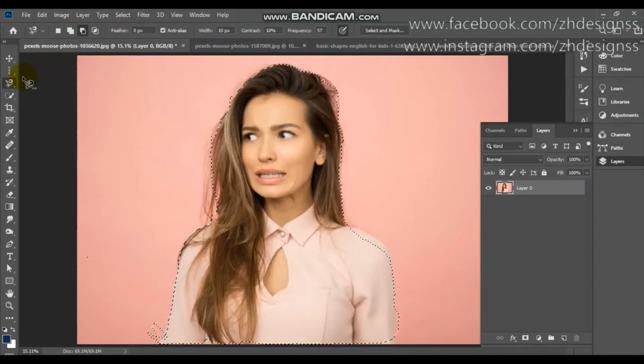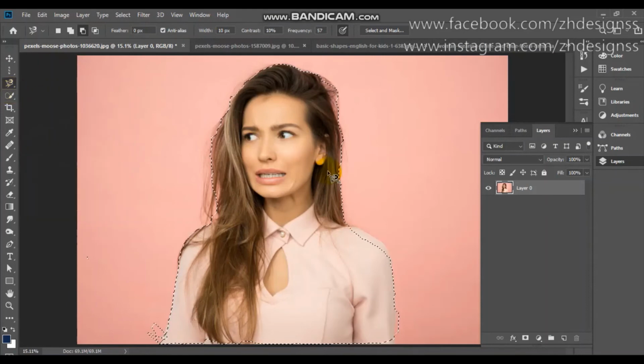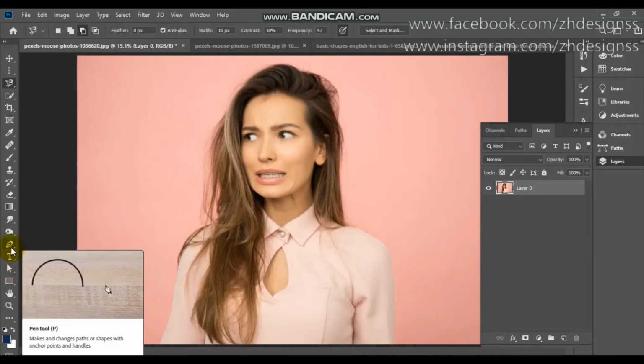So do you know that you have learned 10 methods from here which you can use to remove the background. So let me again deselect this, Control or Command D. Now a little bit advanced method. If your selection is very complex and you have to extract your subject from a busy background,